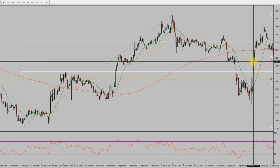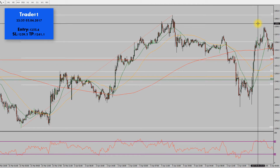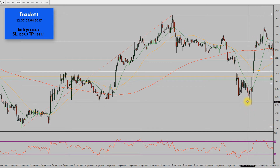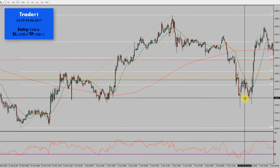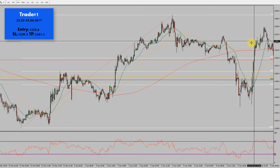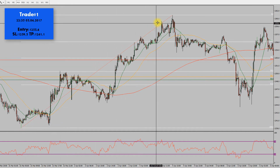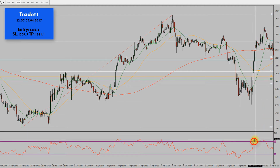So our first trade was at 22:35 on the 5th of April, short at 1255, with our stop at 1259.5 and a target of 1241.1. On the 15-minute chart here we can see how price had earlier tumbled, looking pretty weak, but finding strong support around 1245, rebounding back towards the 23.6 fib retracement of this move here, with price entering the overbought zone of RSI at